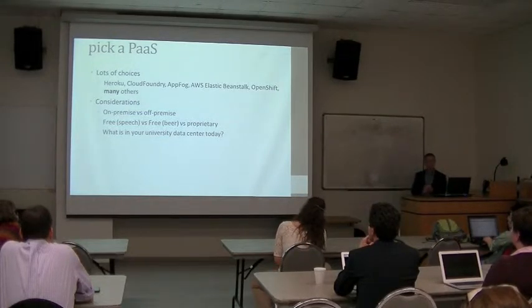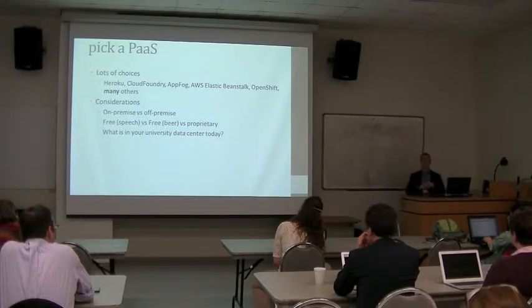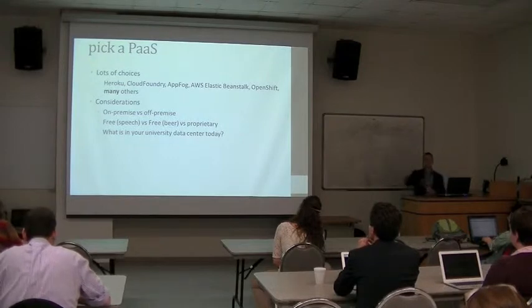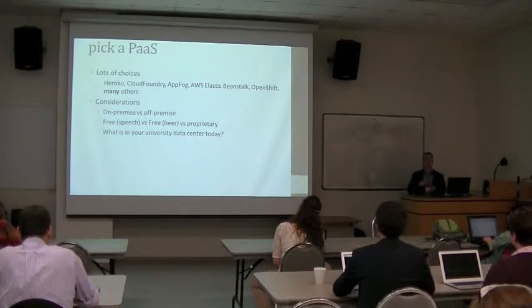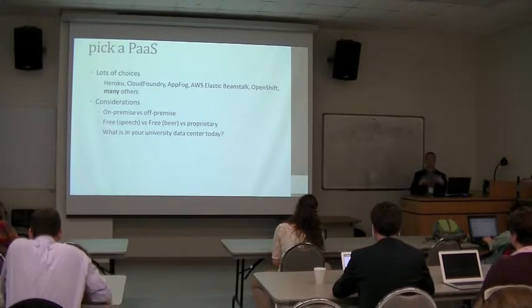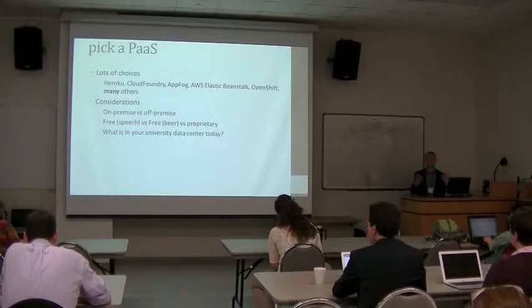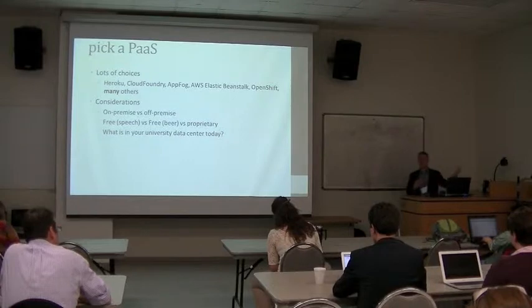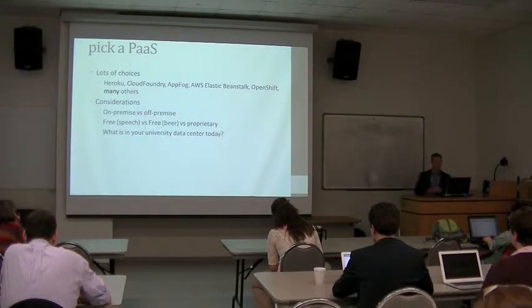I would take a close look at OpenShift, which is connected to Red Hat. That seems like it was the best fit at the moment for academia in terms of you can run it on-premise, you can run it in their cloud, it's under a relatively permissive license, you can get the code that makes up the guts of the cloud. So if your university says, well, we're not running a cloud that we're tethered to some company for, I would look at something like this. And there may be others coming, but I think OpenShift is probably the first one.